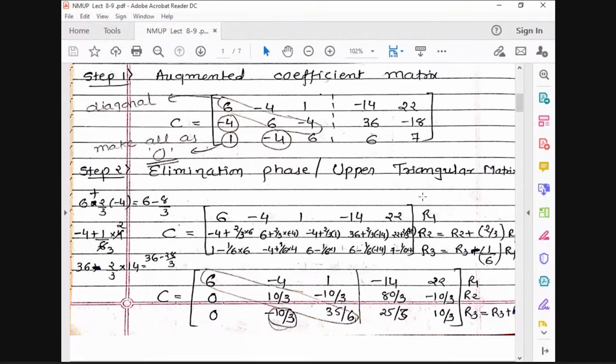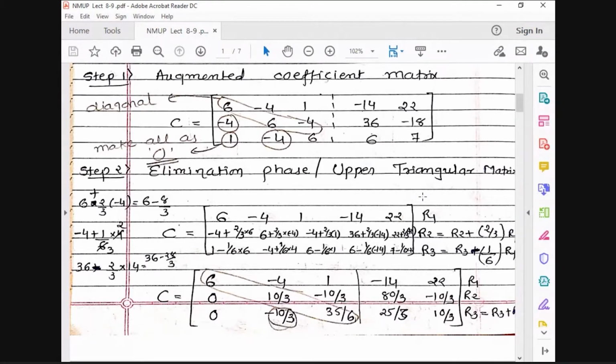And in row 3, I have subtracted the row 3 element by the row 1 element, and I have divided the row 1 element by 6, because what we want is for this third row, first element to be equal to 0. And how to make it? In the first row, the first element is equal to 6. So I have to do the reverse operation. Okay. So 6 is over here.